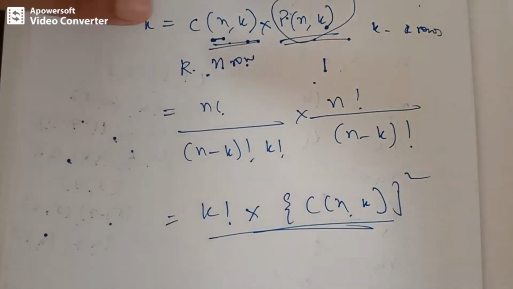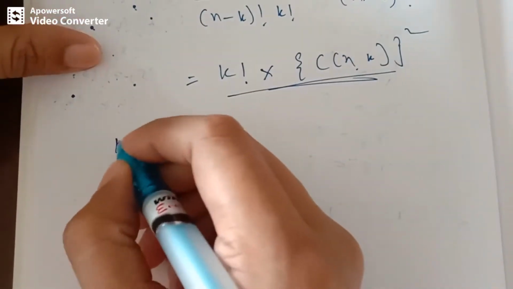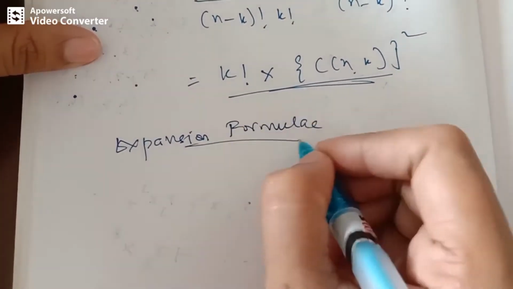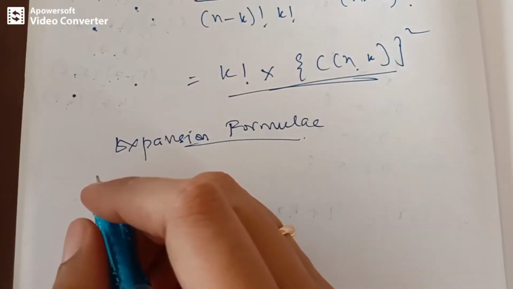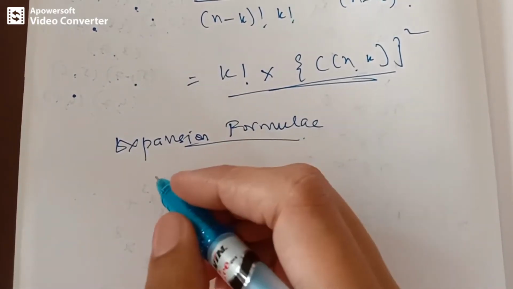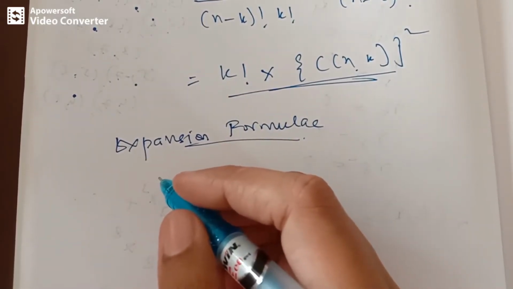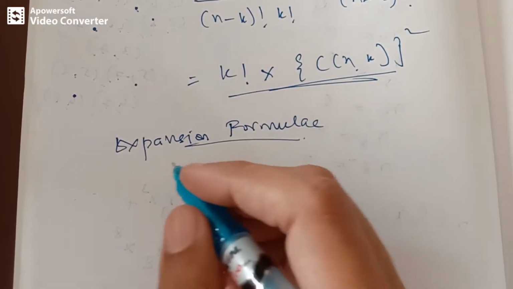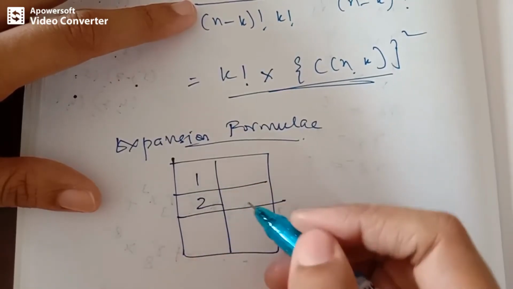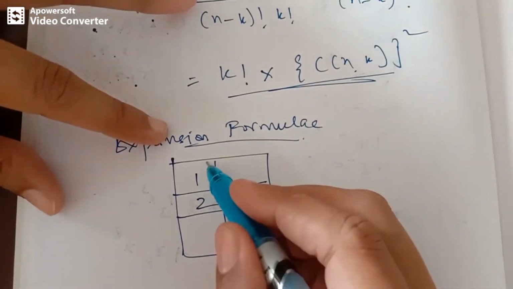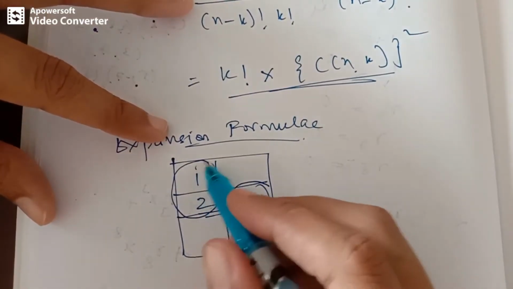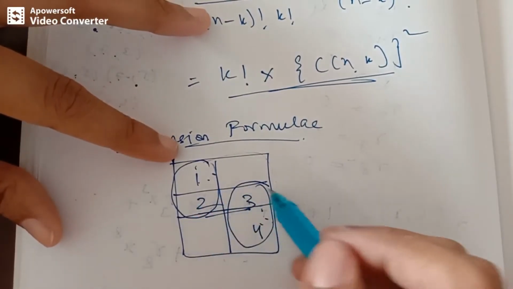So let's look into the expansion formula, and when we have to apply this expansion formula is important. So expansion formula states that this formula is basically used whenever we have got squares in the board such that they have one row or one column in common. Okay, so let's say for example, this is the board. Okay, and here you can observe that there is the intersection, or they have one row in common. Okay, this entire board will be divided into two boards and they have one row in common.